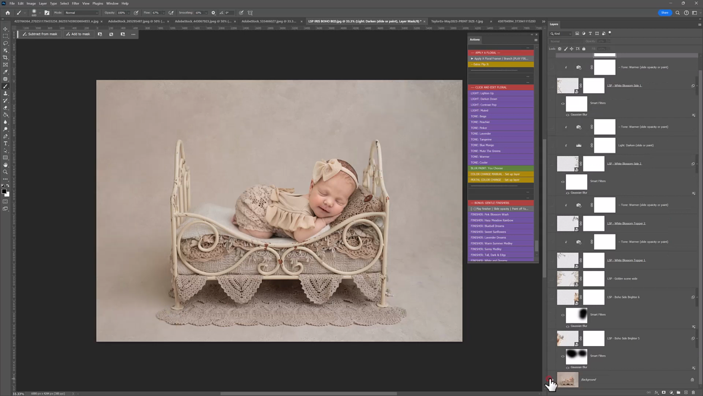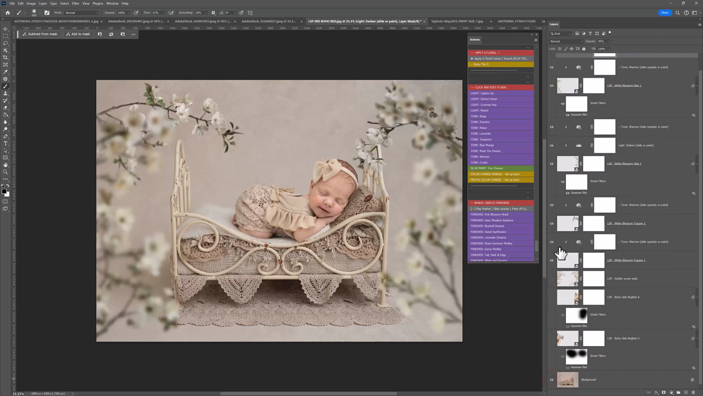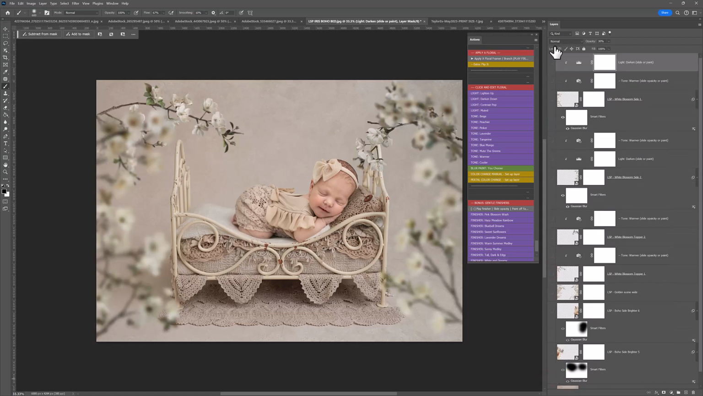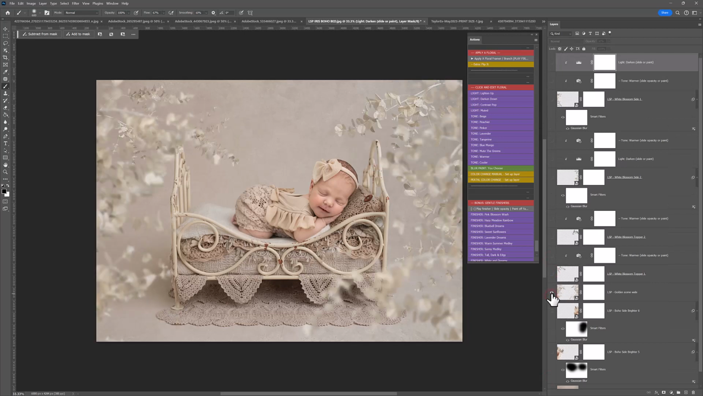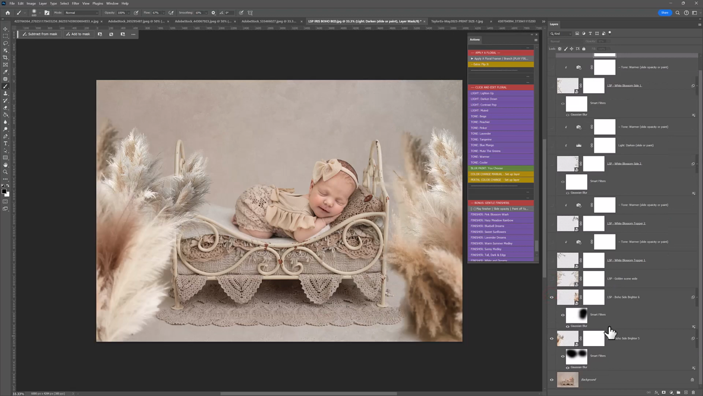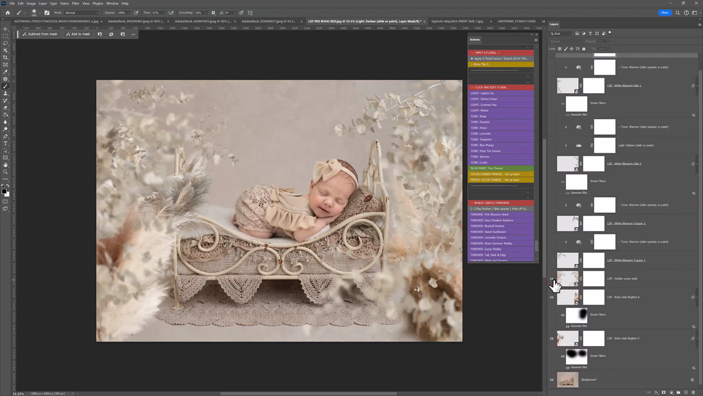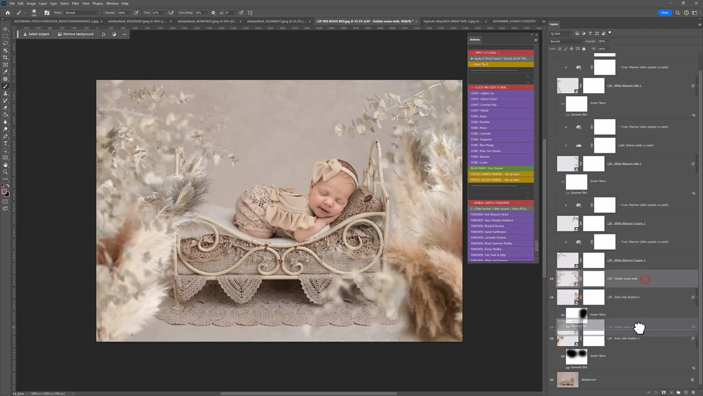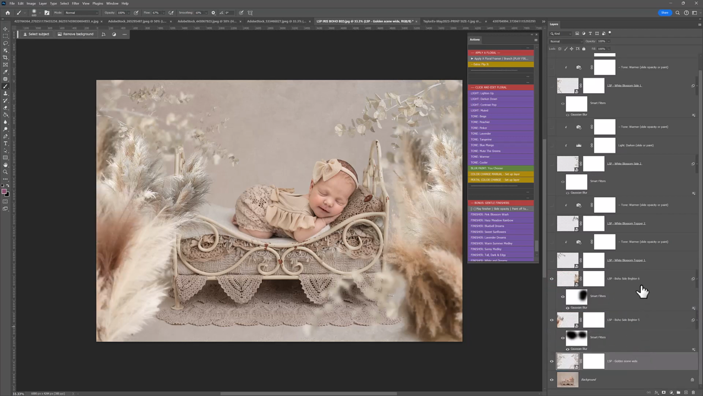So we can see there before and after adding the blossoms. After adding the golden scene. And after adding boho. You can even mix and match. So for example, this is golden scene and boho. And drag that underneath. So you can get some really beautiful results using these, and they're super quick to apply,